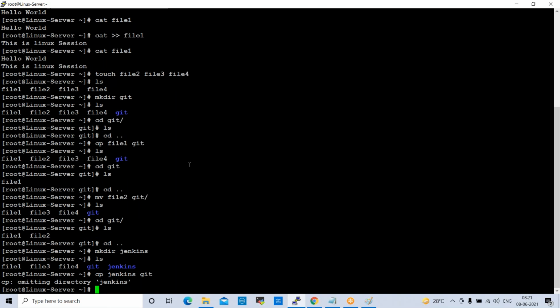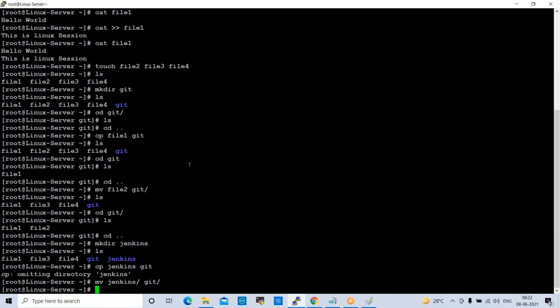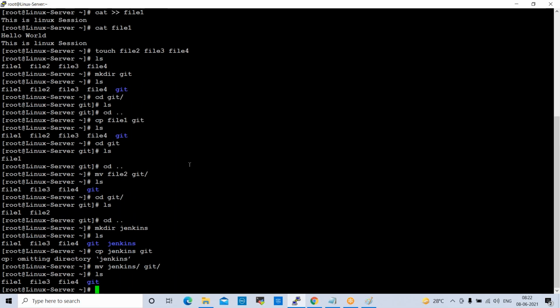I think we need to use some extension here. If you want to copy a directory, some extension should be used, because we are using Amazon Linux, right? Okay, so we move this. mv Jenkins to Git. ls here.